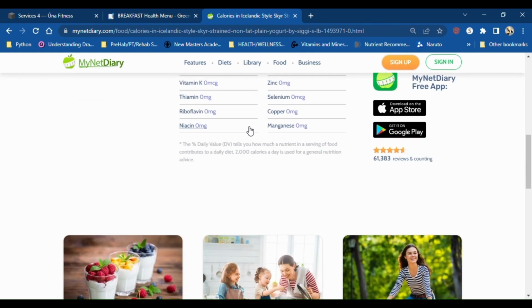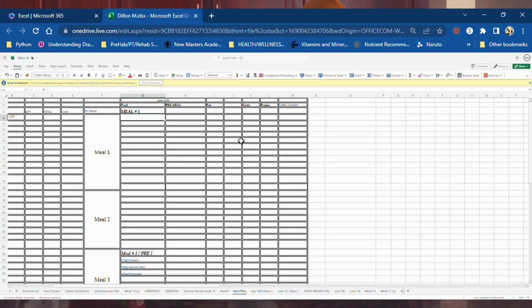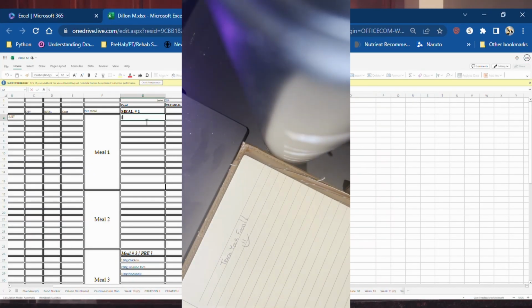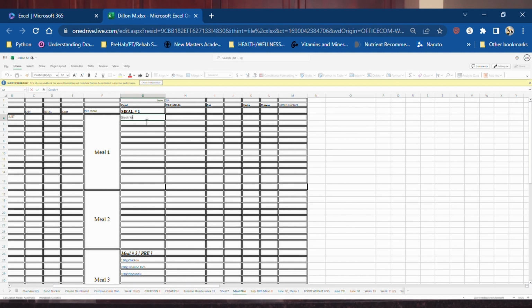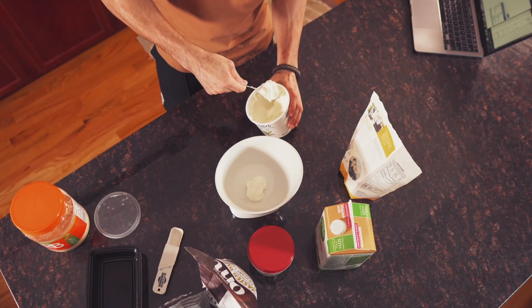And then all I'm doing from this point is entering that information into the actual spreadsheet. Or you can do it on a notepad, whatever you feel comfortable with, or whatever's easy for you. And then you just do that for all the ingredients that you want to add. So it's kind of a process at first, but once you get into the habit of it, it's not too bad. So basically what I'm doing is adding 70 grams of this yogurt,